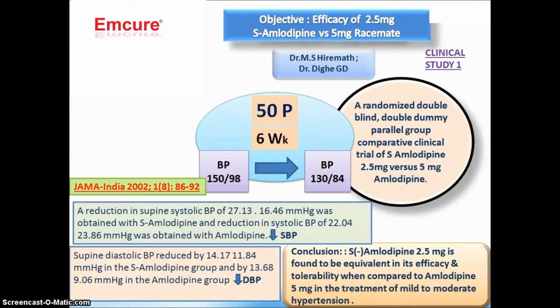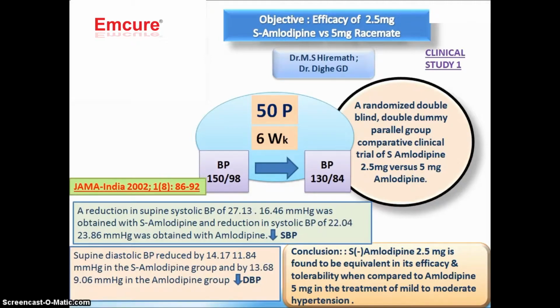In this study, 50 patients were enrolled for 6 weeks, and the original BP was 150/98, which was your threshold blood pressure as per the JNC 8 guidelines, and your goal BP was 130/84, which was achieved after treatment with